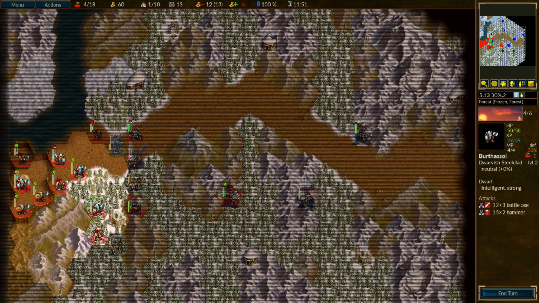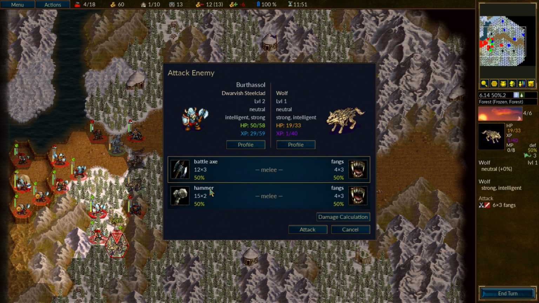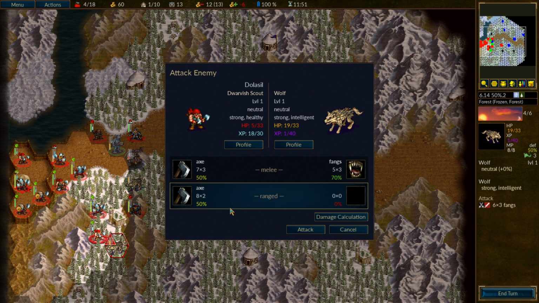To get some healing maybe going. This Steelclad could step down here and just go after this wolf, which I don't hate. Before I do that, though, I might just...